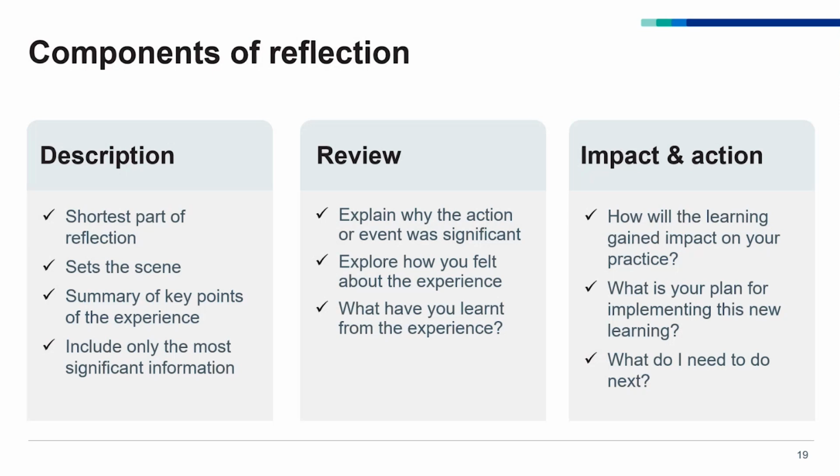There's basically a description of some kind of what happened. This should be the shortest part of the reflection because it's just setting the scene. It's not a blow-by-blow account of everything that happened. It's selective, so it's only looking at the most significant information, and that might be very personal to that trainee, because it might be something that really stood out to them that they want to unpick and that's going to help them progress further. It's not a police witness testimony or statement, so it can be bullet pointed,